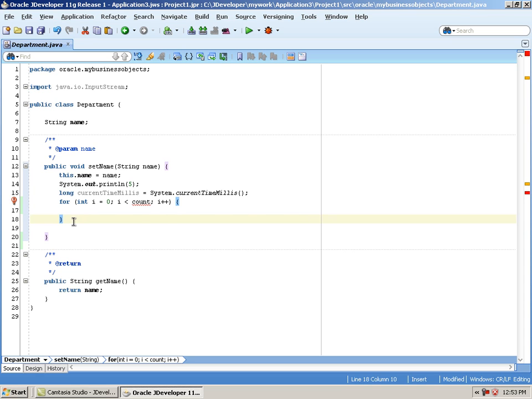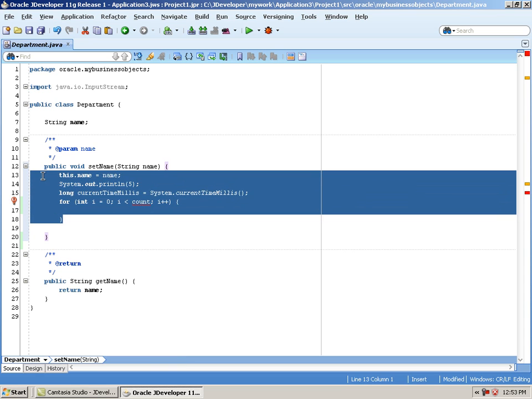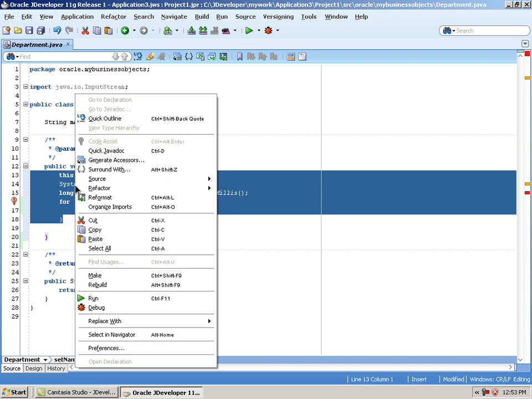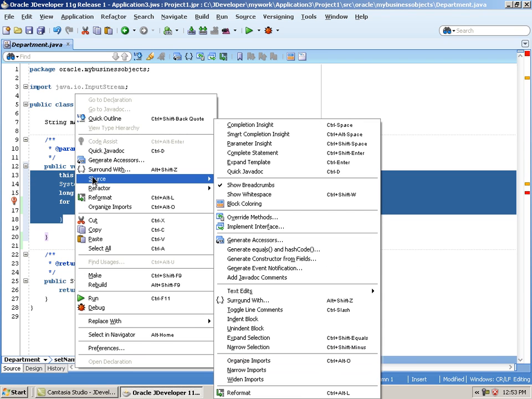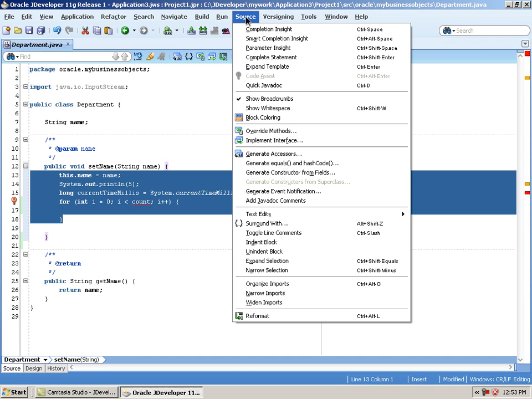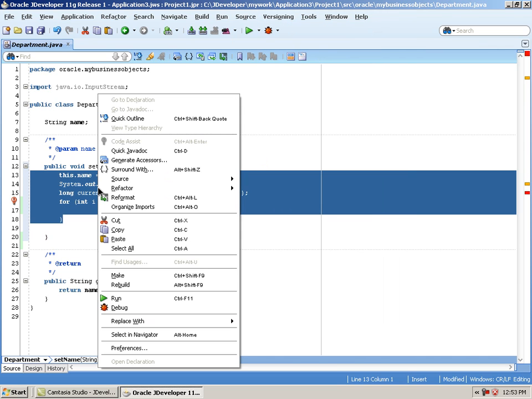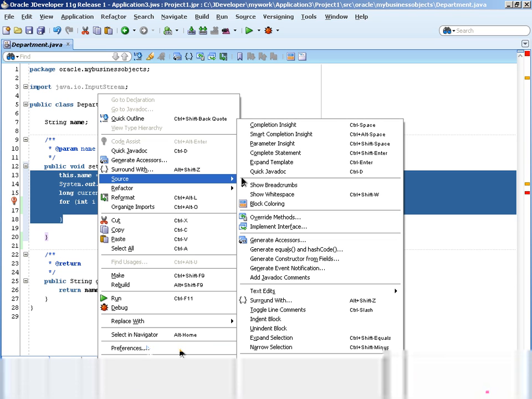If we actually have a look at the right-click context menu when we select some text, you might notice under the source option we have quite a considerable amount of options for editing the code, and mostly this is reflected in the source menu up here. Inside of that source menu you will also